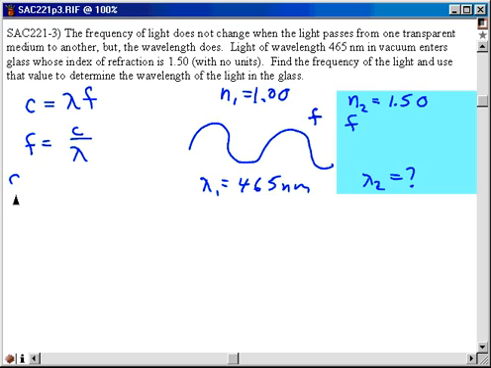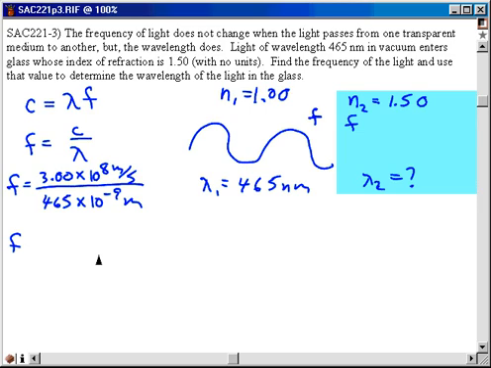And that's 3.00 times 10 to the 8th meters per second divided by that 465 times 10 to the minus 9th meters. That yields a frequency of